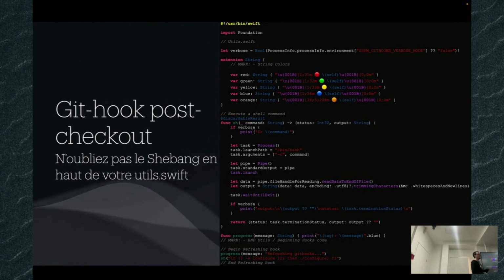En gros, c'est le moment idéal : tu pushes, ça fait des trucs un peu plus longs, tu prends ta pause café. Et quand tu as fini ta pause café, ton push est passé, nickel. Et si ton push ne passe pas parce que tu n'as pas mis à jour les tests, eh bien tu le verras avant que ta CI te dise que ça n'a pas marché. Voilà. Donc en gros, utilisez les git hooks.